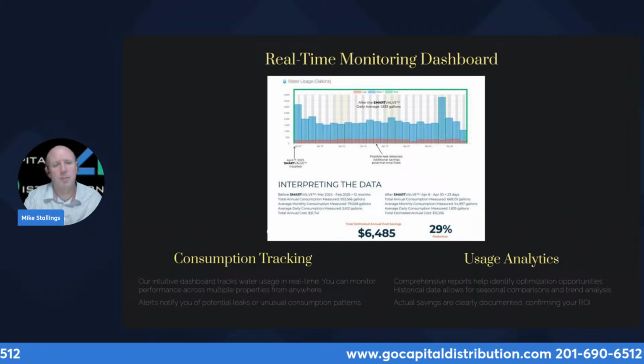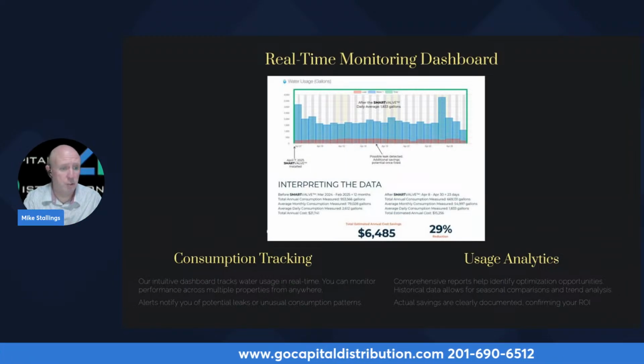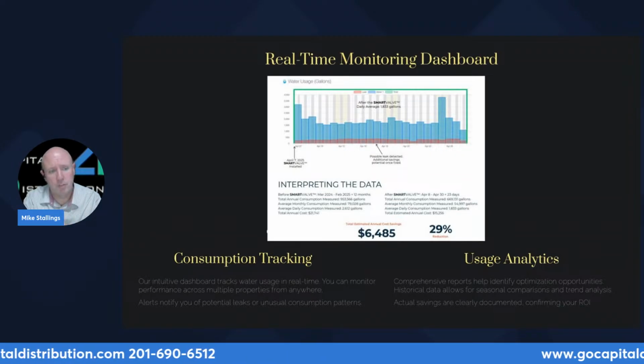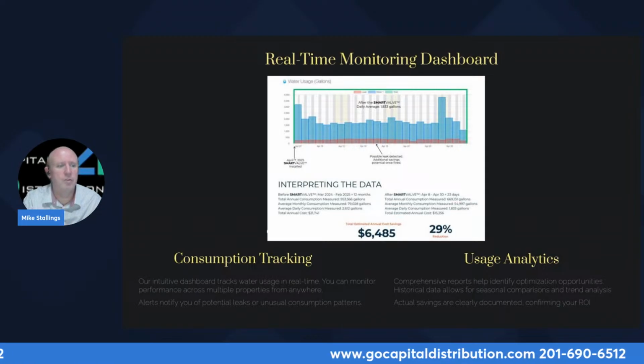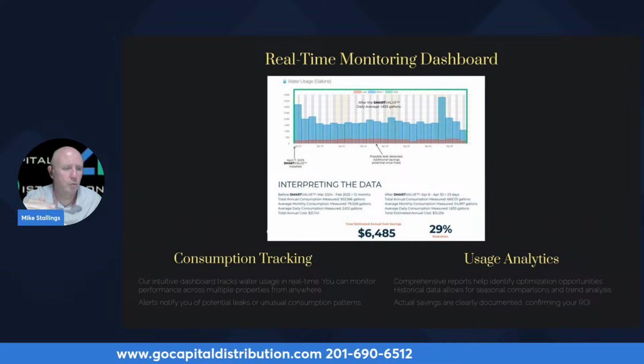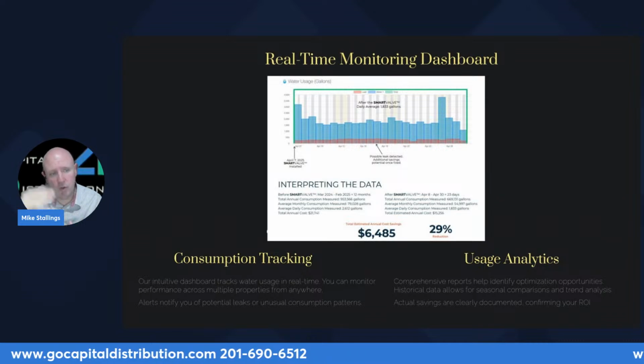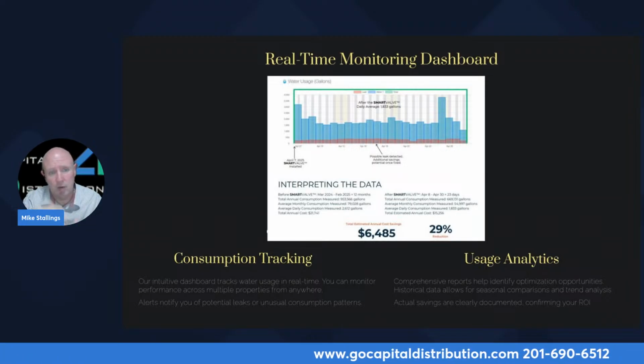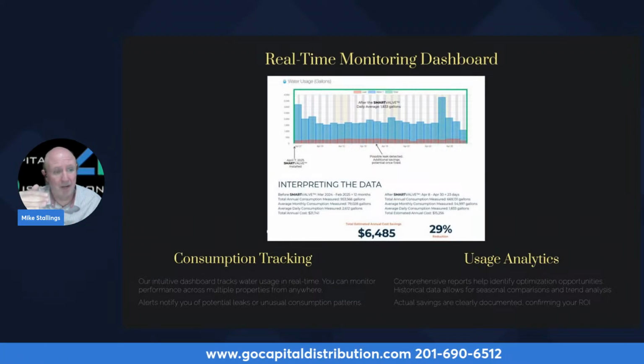Because what happens is when you get this monitoring, you have the option to keep it or send it back at the end of the preliminary period. But what you can do is set values. For example, if you set 1,000 units, let's say, this is the most I'm ever going to use in water in a given day. If you go outside that limit, let's say you hit 1,100 or 1,200 units, you're going to get an email and a text saying, hey, you're outside your normal daily unit. You might have a leak.